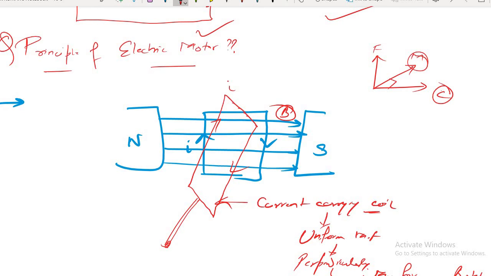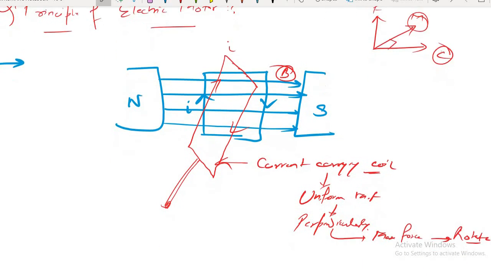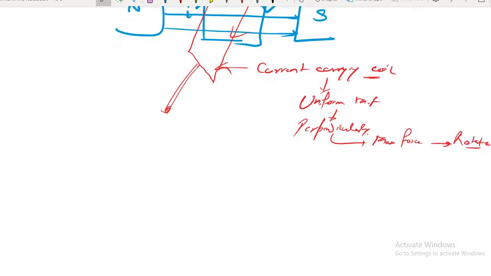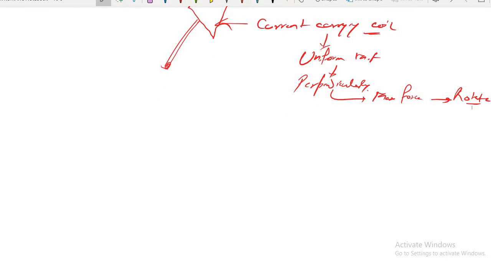Yes, sir. It's fantastic. You know everything, but whenever you are having some sort of doubt or confusion, clear those errors. I am here to clear your small errors. I know that you know the principle of the electric motor, but I am trying to find out what errors you are having. Small things, try to improve, and that only will fetch you very good marks in your board examination.